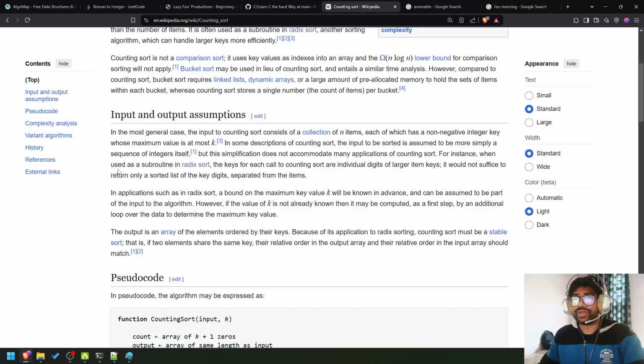For instance, when used as a subroutine in Radix sort, the keys for each call to counting sort are individual digits of larger item keys. It would not suffice to return only a sorted list of the key digits separated from the items. Now I do not get this. The keys for each call to counting sort are individual digits of larger item keys. It would not suffice to return a sorted list of the keys in applications such as